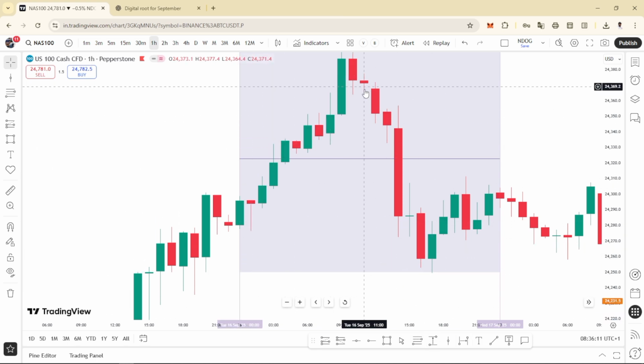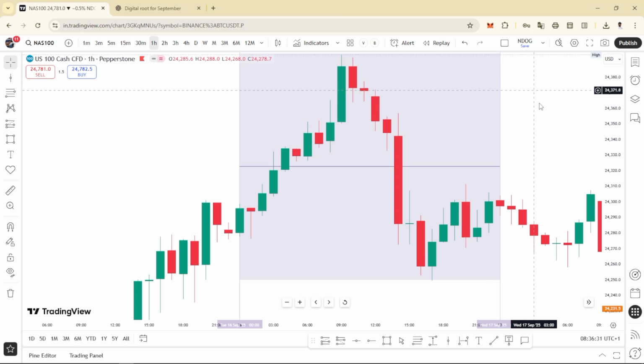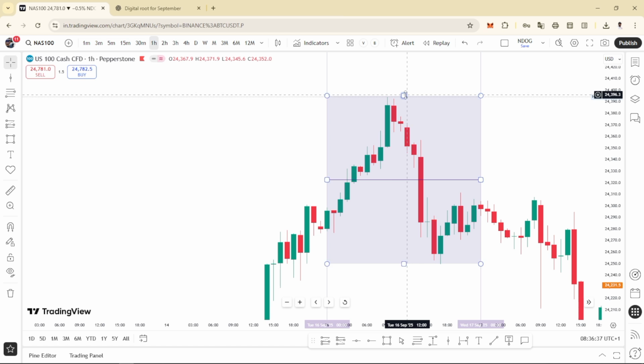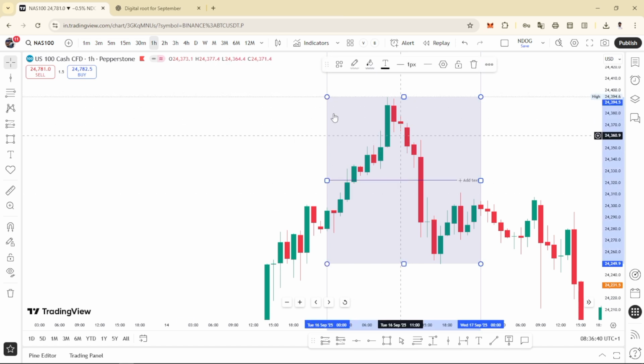So this right here gives us the low of the day from the beginning. But because this day is a consolidation day, it comes back against it. But expect the low or high of the day to be formed exactly on the days that add up to 1 plus 6 at exactly 1 a.m. You can have an entry within that region and hold for a protracted time. On days of consolidation, and you can know those days, by the way, make sure you don't hold for too long. Maybe hold for 3, 4 hours after your entry at 1 a.m. on days that add up to 1 plus 6, right?